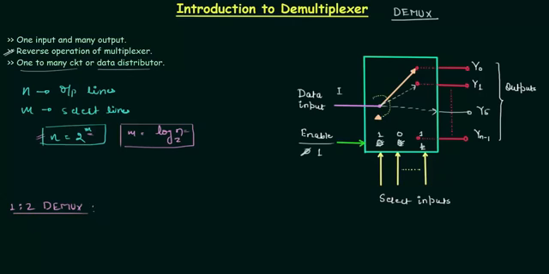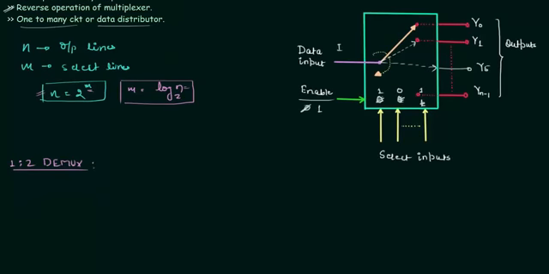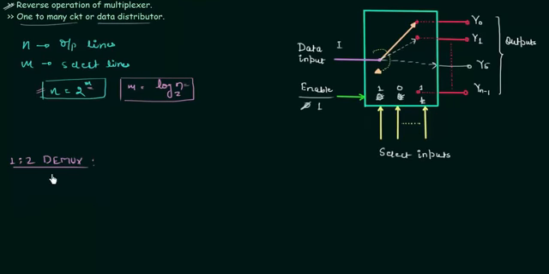As the name suggests, we have a single input and two outputs. If you remember, in case of multiplexers we studied the 2:1 mux, but as I have already told you, the reverse operation of multiplexer is there in case of demux. We have to reverse them. This will now act as the input and 2 will now act as the output. So we have the 1:2 demux. Let's start with it. We'll try to find out the circuit for the 1:2 demux.